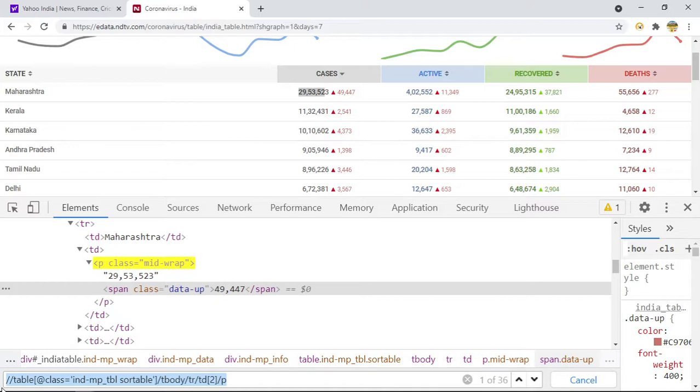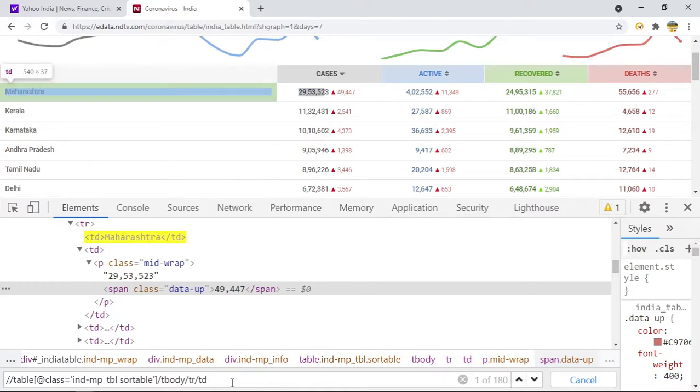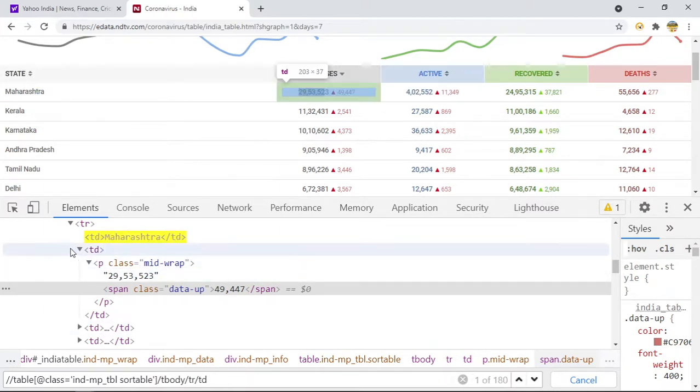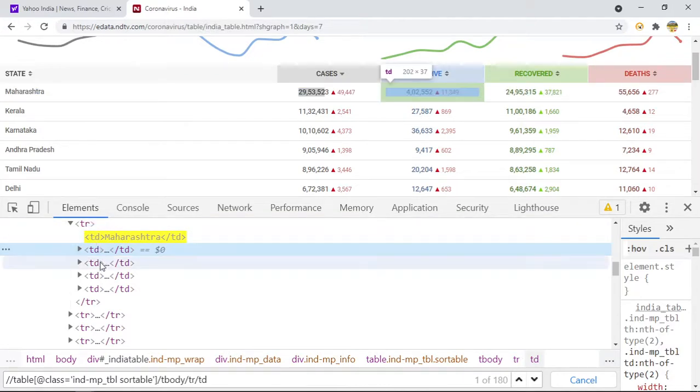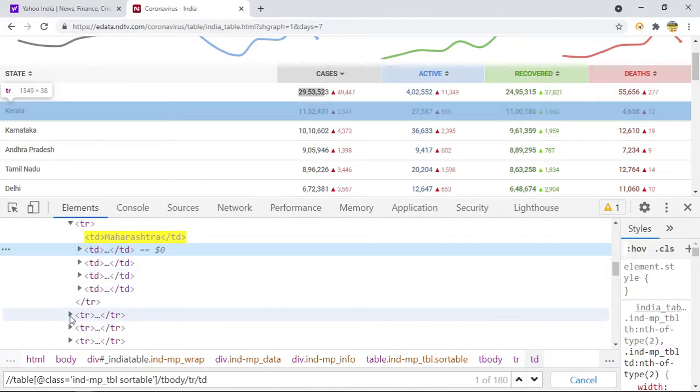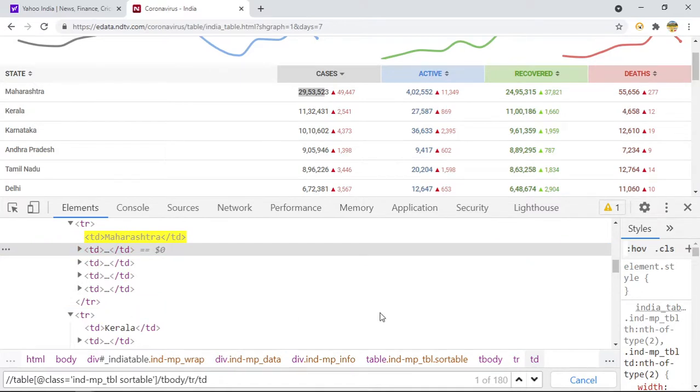Yes. Why did you do td of 2? Like here after tr, then why did you do td of 2? If you see this, after tr it should be td, right? Inside every tr there are 1, 2, 3, 4, 5 td's. So I want to go to the specific one only.